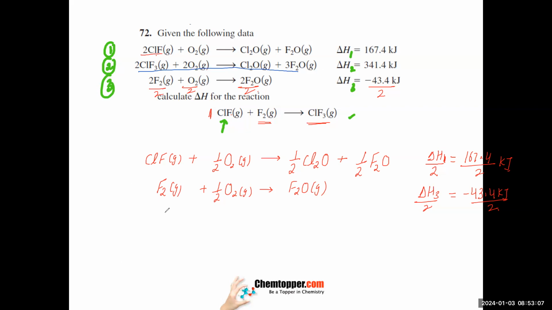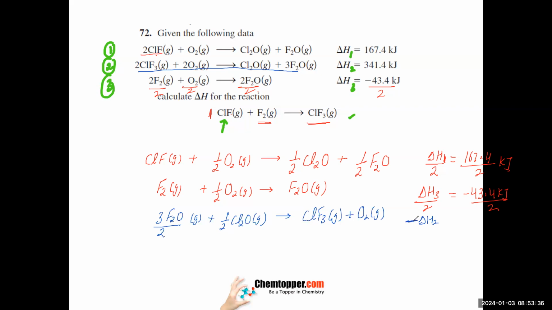I flip the equation: 3F2O, and I'm dividing it also by 2. So it will become 3 over 2 F2O gas plus 1 over 2 Cl2O gas giving you ClF3 gas plus O2 gas, and delta H2 will become